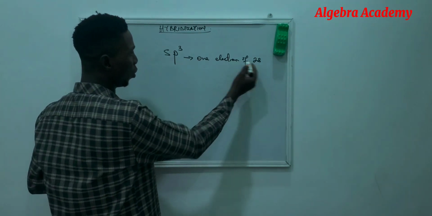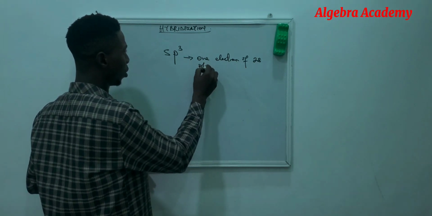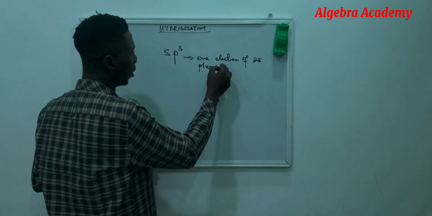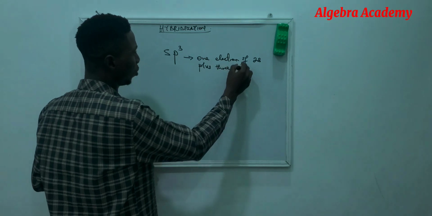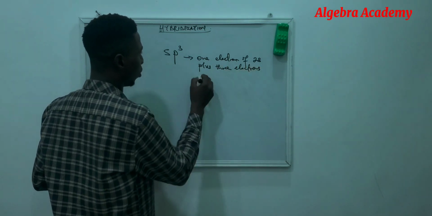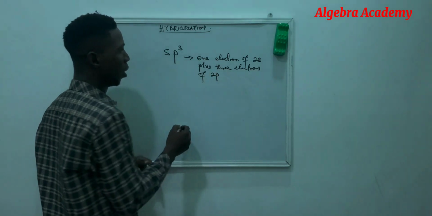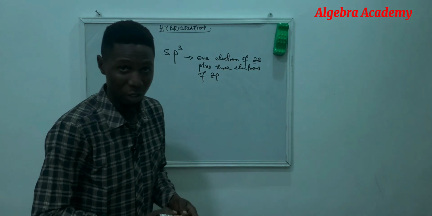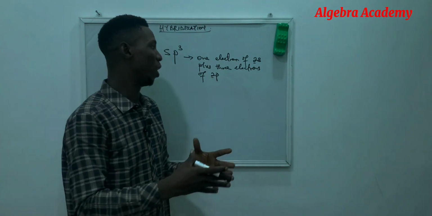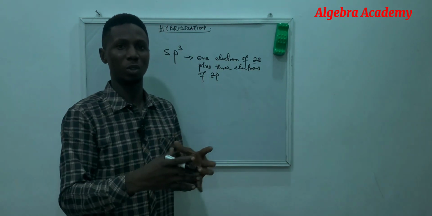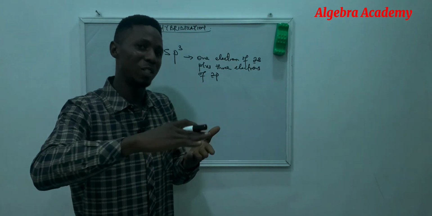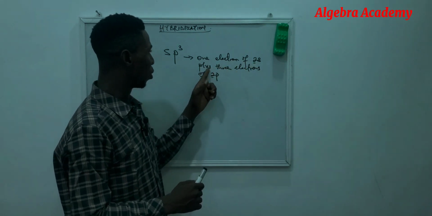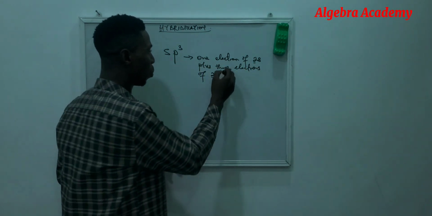So one electron of 2s mixed with three electrons of 2p. These 2 and 2 must reflect in our definition, because we have already said earlier that hybridization only occurs between orbitals of the same principal quantum number. So that's why I said one electron of 2s plus 3 electrons of 2p